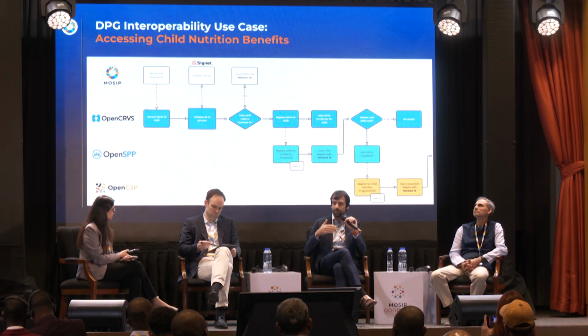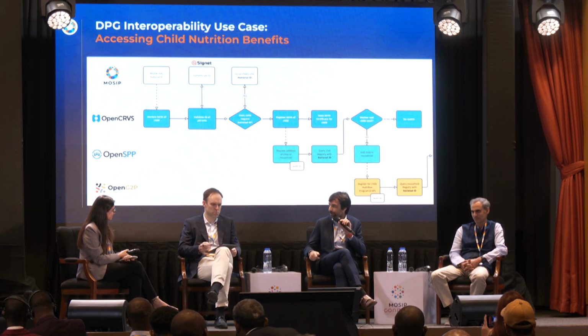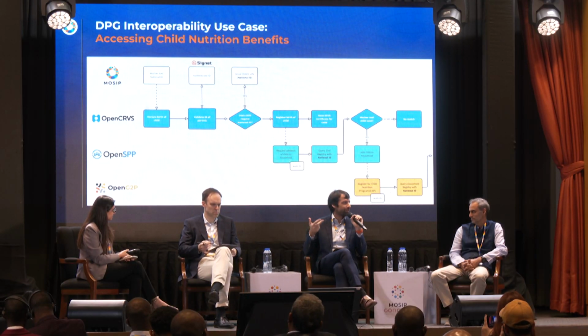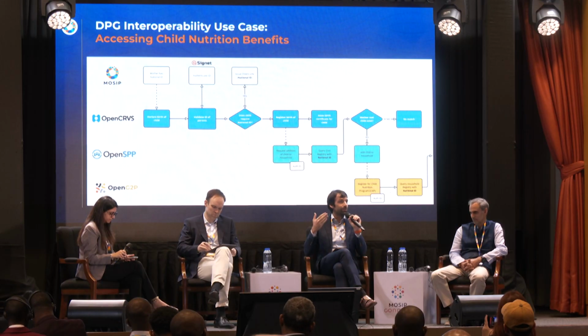We are also working on the Digital Convergence Initiative, where all three of us are part of, around social registry, CRVS, farmer registry, disability registry. More recently, OpenSPP was validated for GovStack also, where we are on the registry and also on the geographical